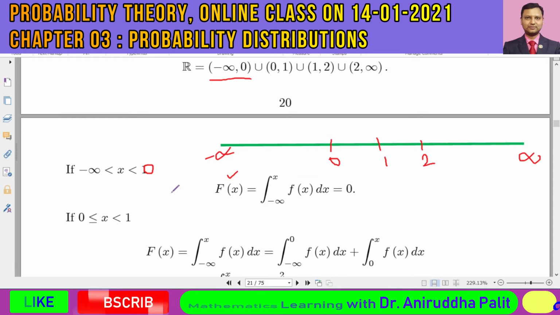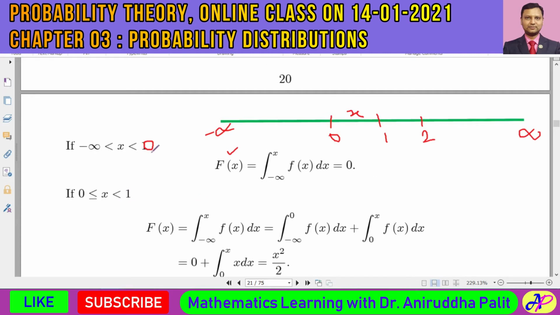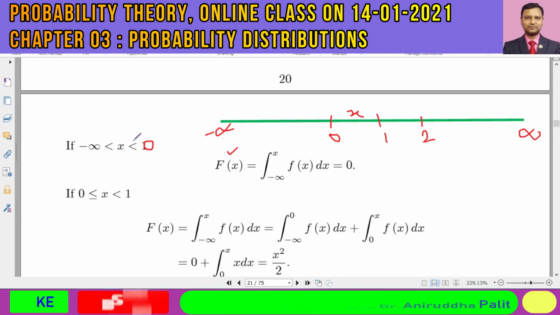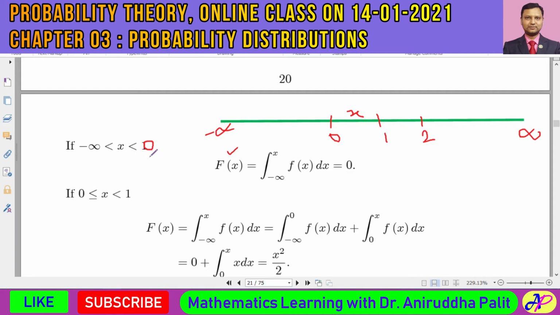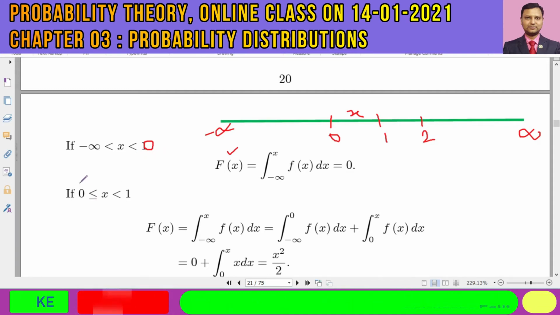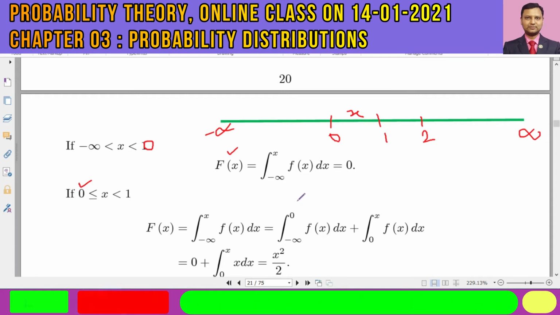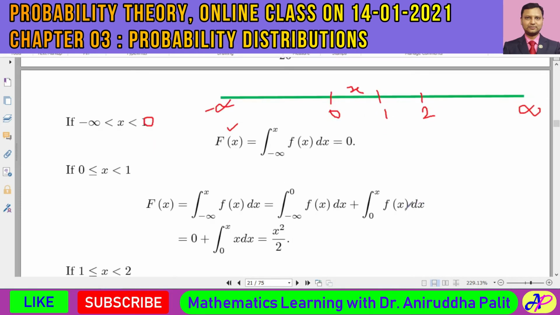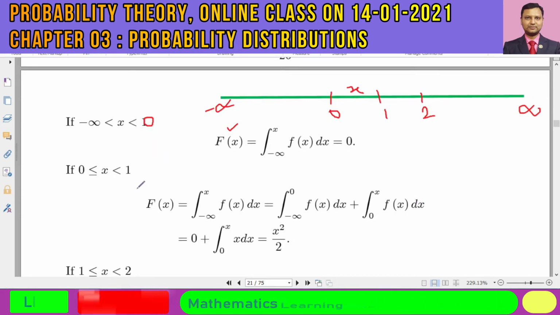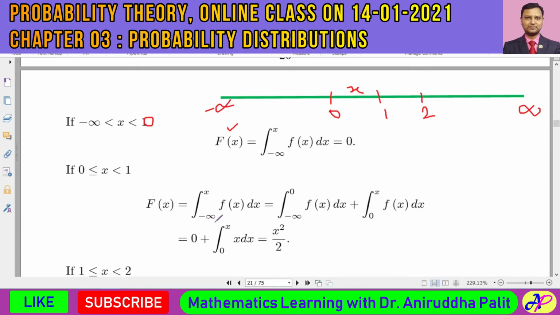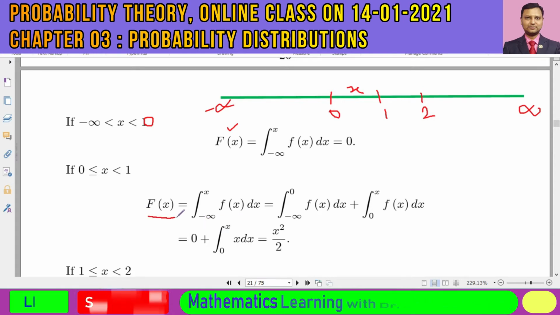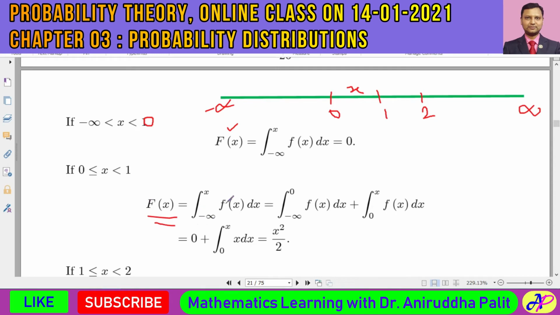Okay. Now consider that x lies in this zone. That means 0 less than or equal to x, as we did not consider the point 0 over here. That's why I included the point 0 over here. So 0 less than or equal to x less than 1. Within this kind of zone, if we want to integrate the function f(x) in order to find out this function capital F(x), if we integrate the function small f(x), in that case you see over here,